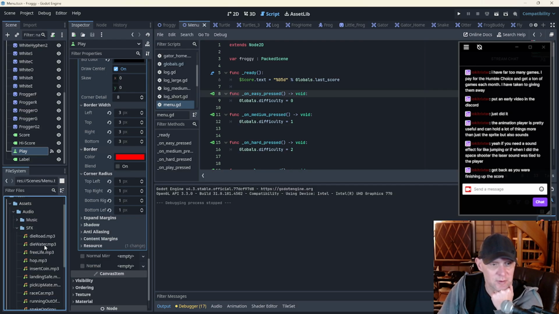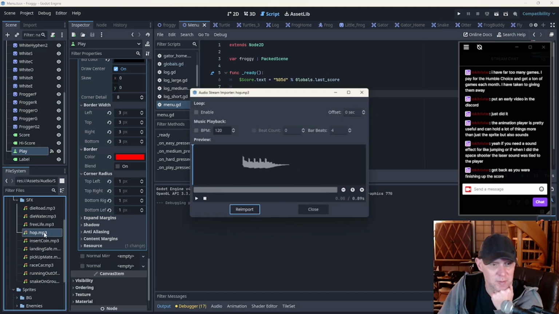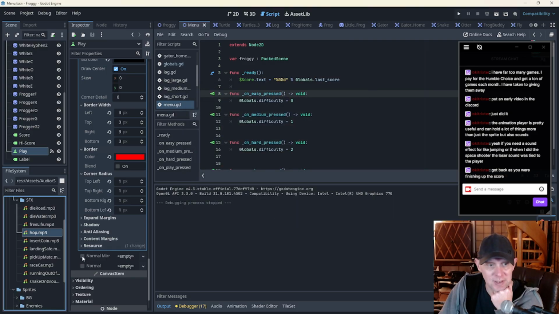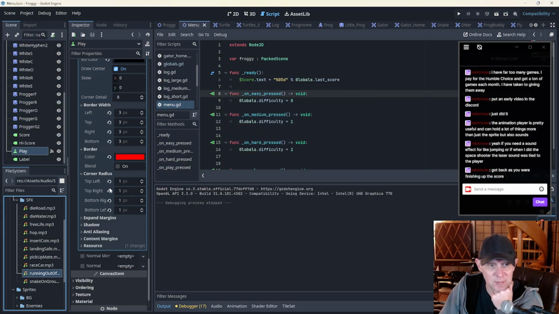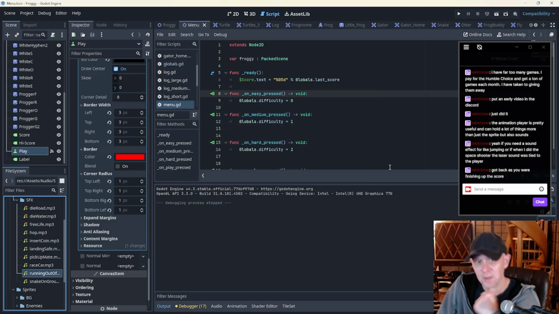So yeah, the sound effects and stuff, I think you were here for that. But look, it's no good. It's way too much gap. That needs to be instant. Even the running out of time one that I was trying to use needs to be right on top of it. So we're gonna drag all these in and fix them up next stream, plug them in, and then